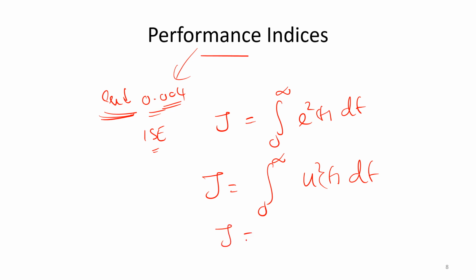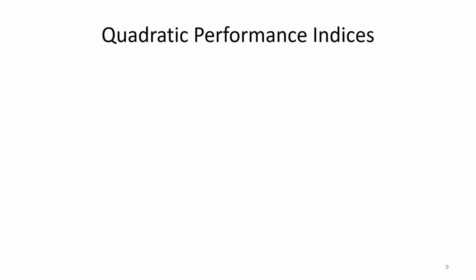So we can have J equal to, this can be split into U transpose of t into U of t. So when you multiply these two, you will get U square, integrated dt. So J is the objective function, the integral from 0 to infinity of U transpose of t into U of t. But we should have a tuning parameter so that when you adjust it, this J